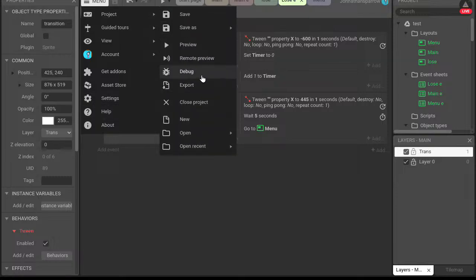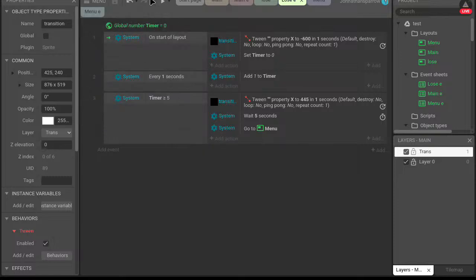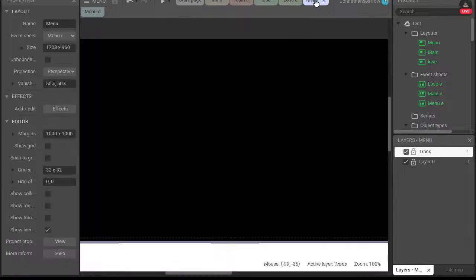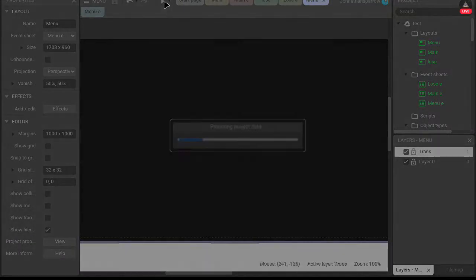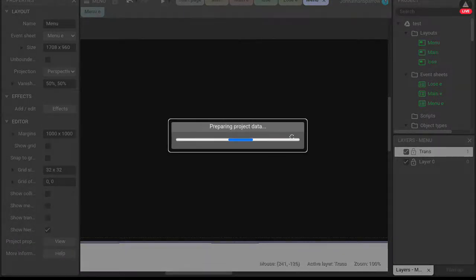Exporting is kind of easy. Again, make sure everything works. Make sure all animations and transitions are there. This is gameplay.